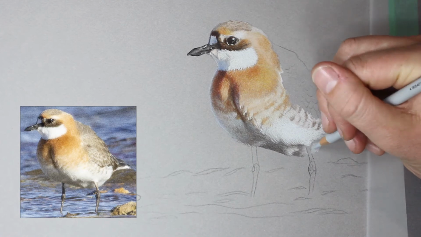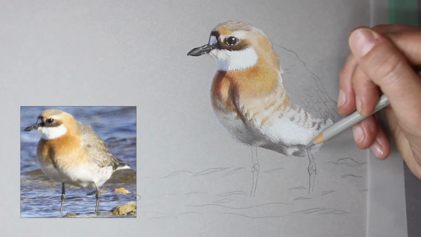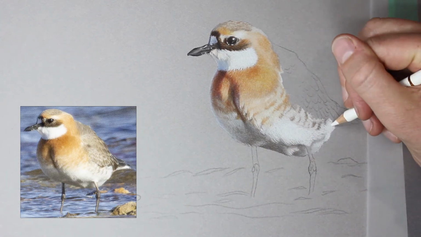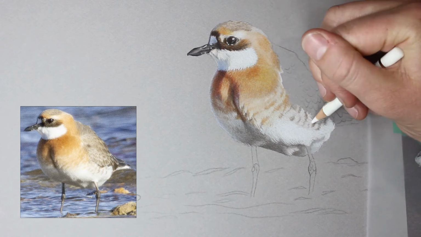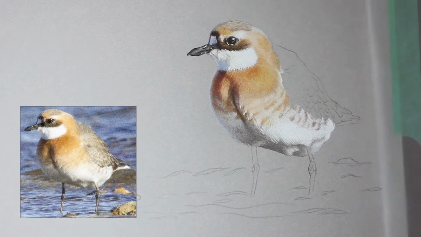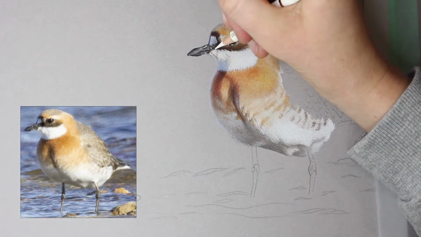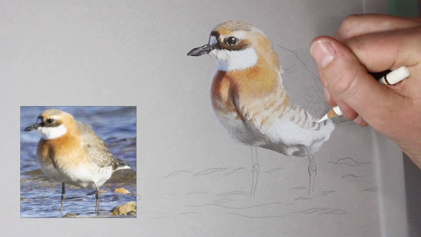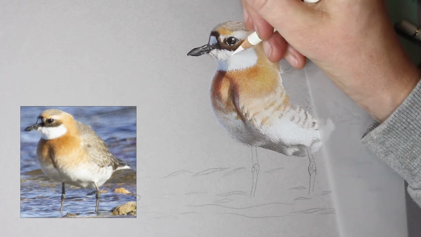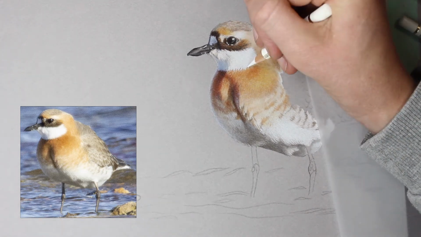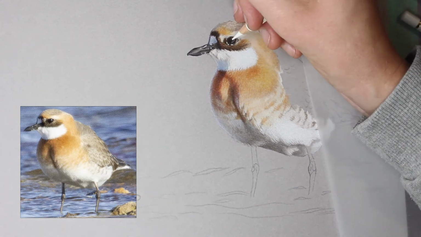If you've watched the video about how I pick my colours, I have my image open in Photoshop and I'm using the eyedropper tool to just look at different areas and see what colours come up in those areas. And I found that really helpful for getting not only my colours right, but my values right as well, to make sure I'm going nice and dark in those really dark areas, like in that line down the breast